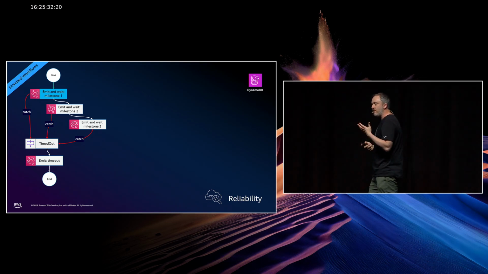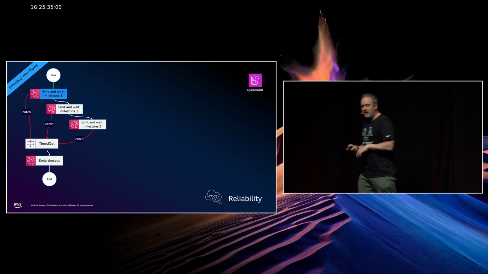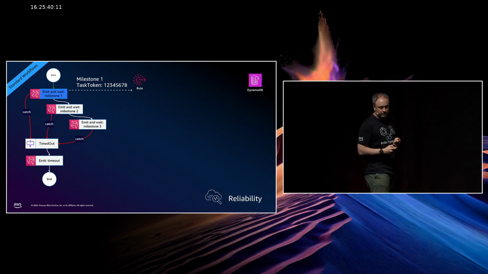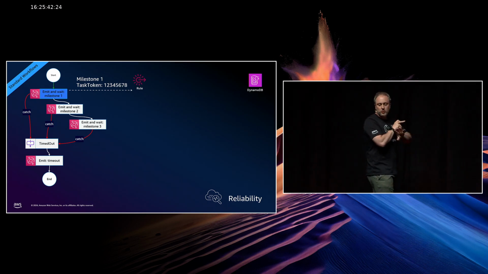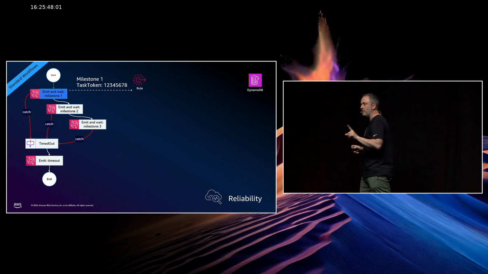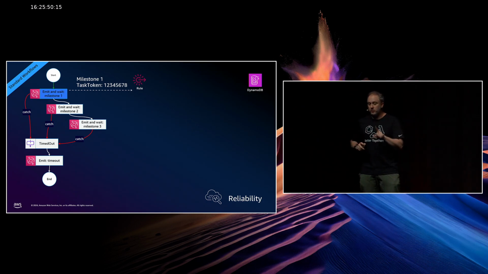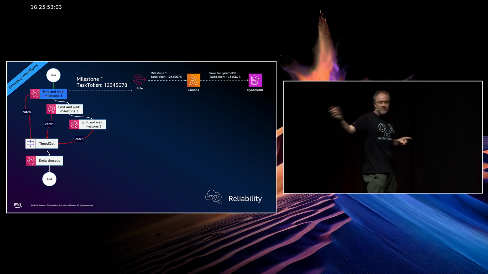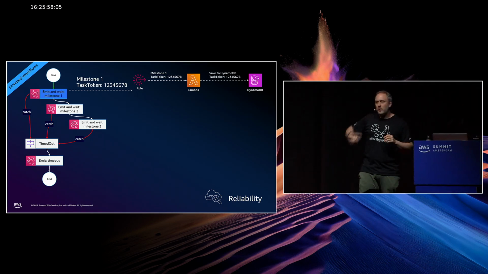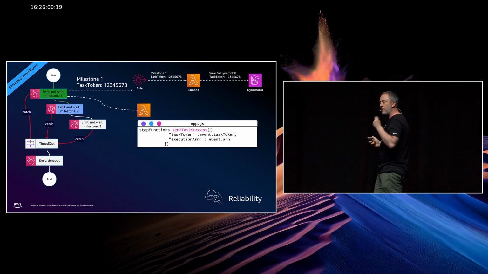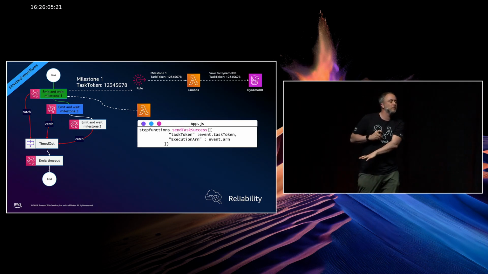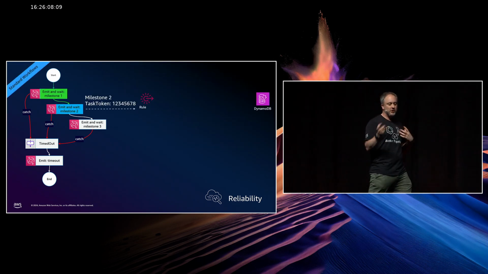So I'm going to emit an event for milestone 1, and along with that event, I'm going to tell step functions to generate this unique task token. What that means is that step functions will wait here until it hears back with that task token. And you don't pay for the wait time because there's no state transitions. You can wait for up to 1 year, right? I save that task token somewhere, like a DynamoDB table, and when milestone 1 is finished doing whatever it needs to do, I grab that task token back and I send it back to my workflow and say, here it is, that's a success. You can move on to milestone 2 now,